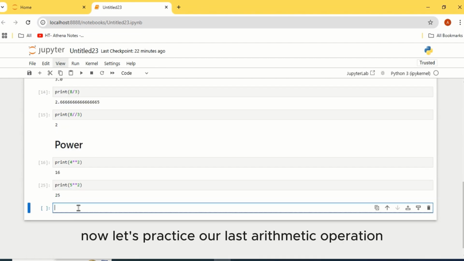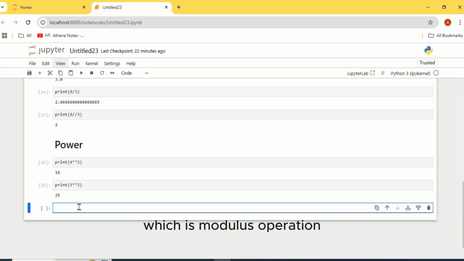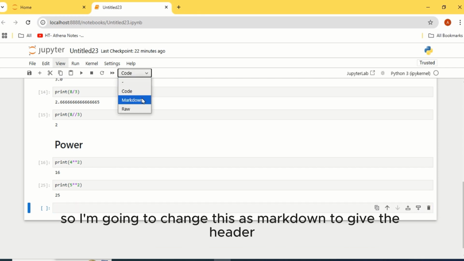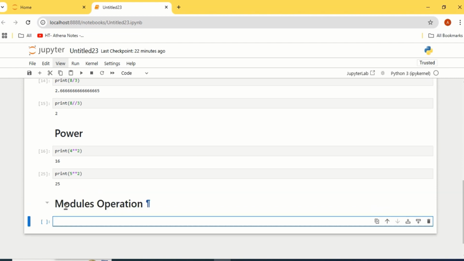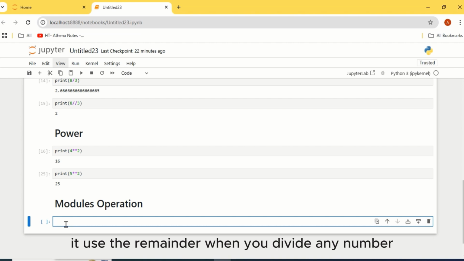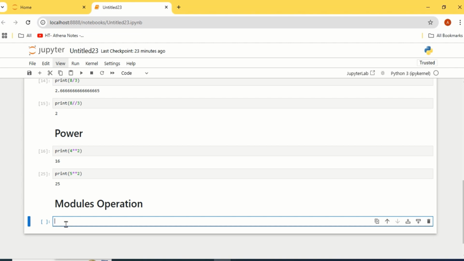Now let's practice our last arithmetic operation, which is the modulus operation. So I am going to change this to markdown to give the header, Modulus Operation. You know, when we use modulus, it gives the remainder when we divide any number. Let's try print